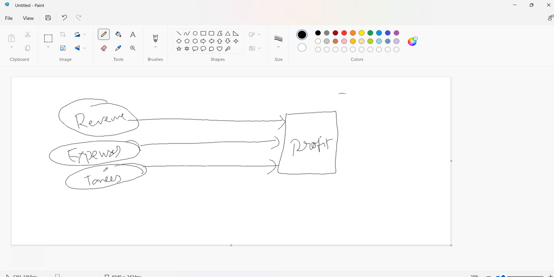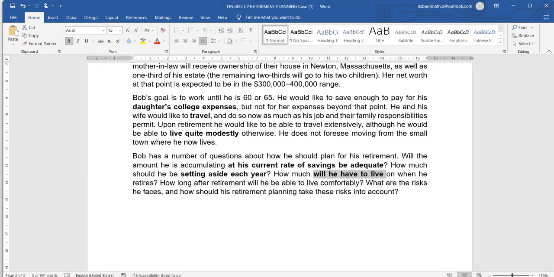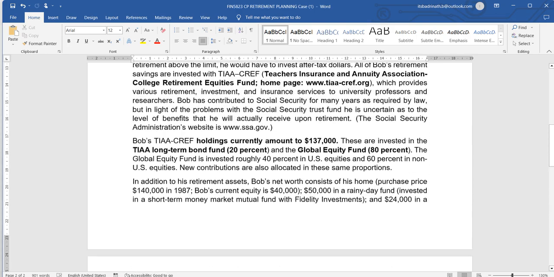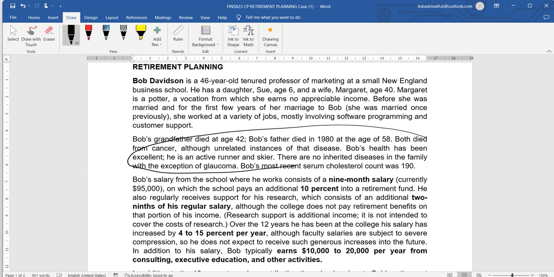So a financial formula can be transformed into an influence chart. Here, we are given 10 tasks. To make it, I will give you a quick review. There is a person called Bob. His age is 46 years old, and he has a daughter of 6 years old and a wife of 40 years old. There is a situation where Bob's father and Bob's grandfather